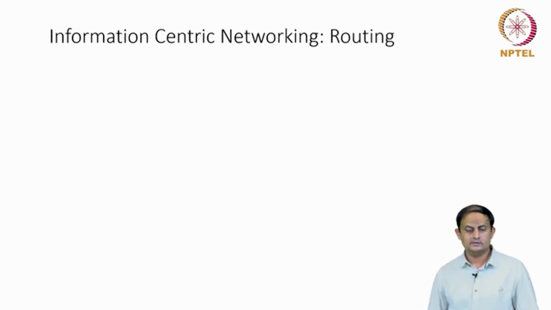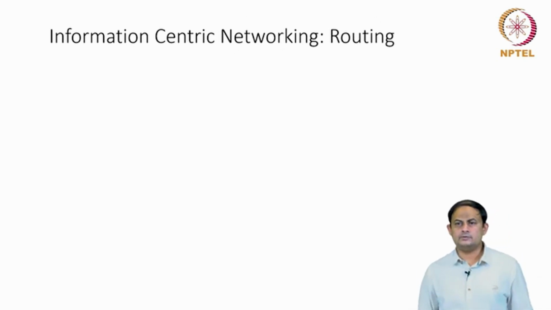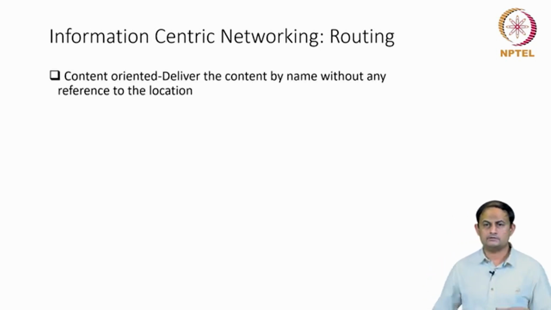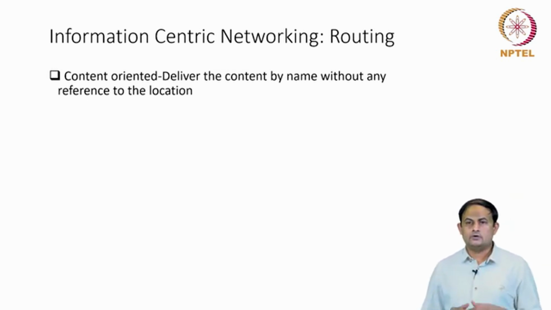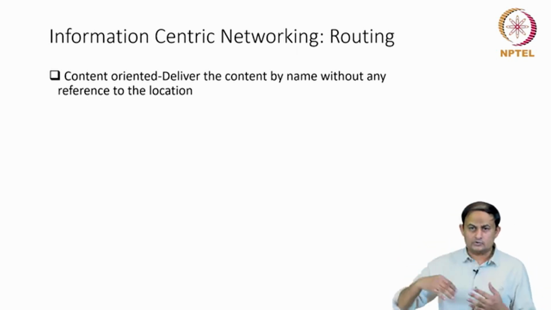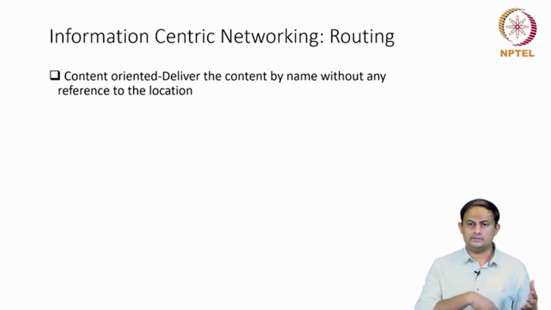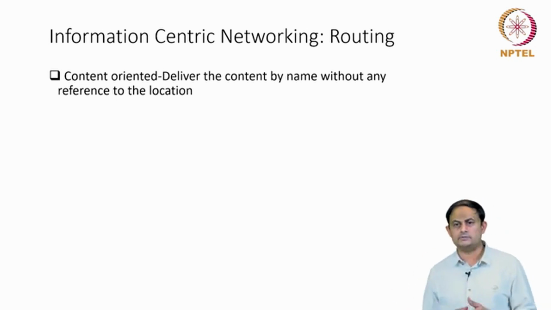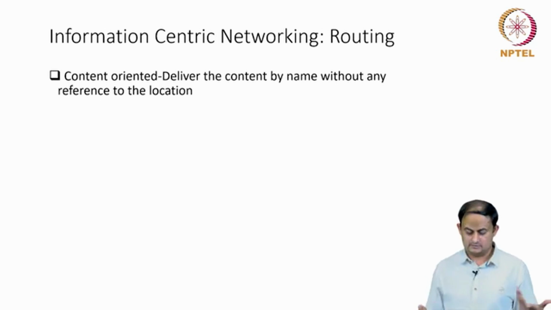The other issue that we wanted to achieve is something with the routing. We said that routing should happen using the names. So we want some ability to deliver the content by using the names. That also means that routers understand and do the routing using the names. There are choices for naming the content: one is the flat naming convention, the second is the hierarchical naming convention, and the third is using some attributes. Which of these actually helps the routers?